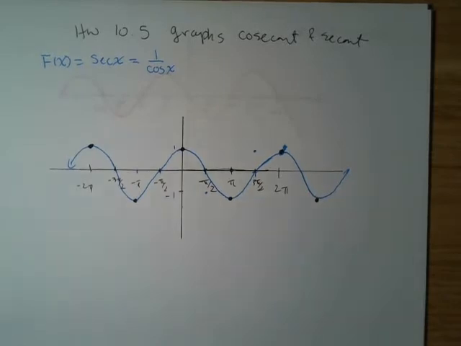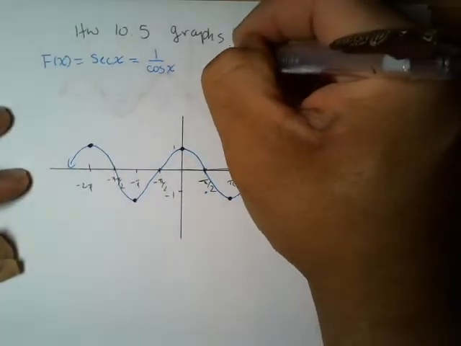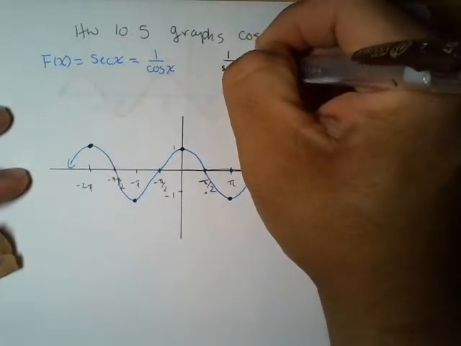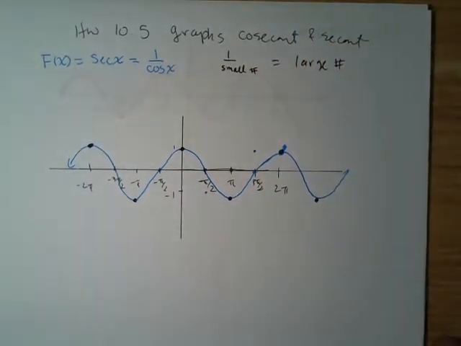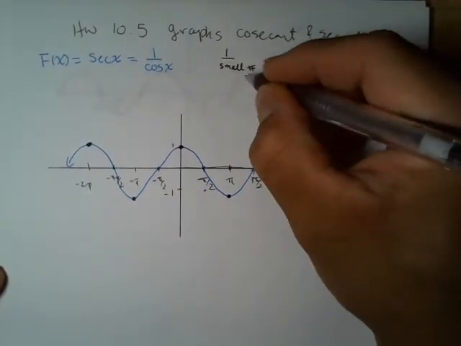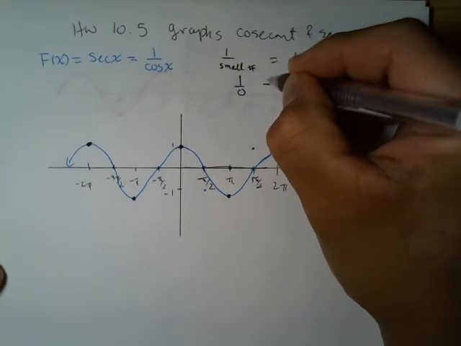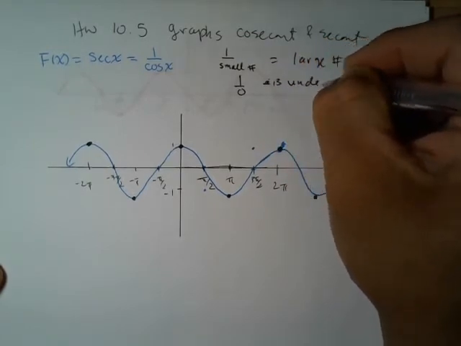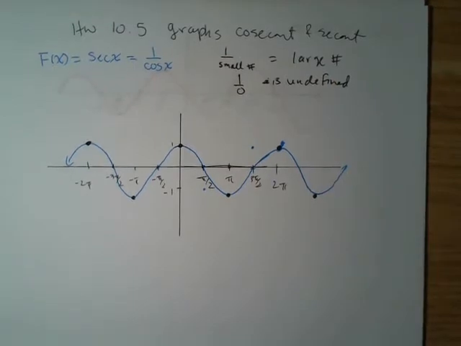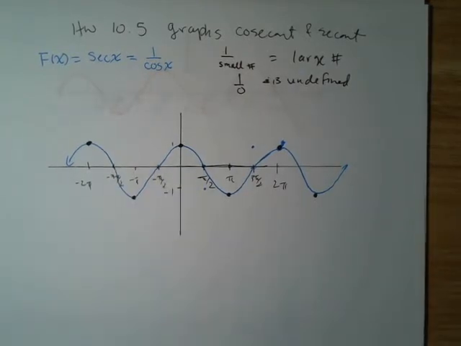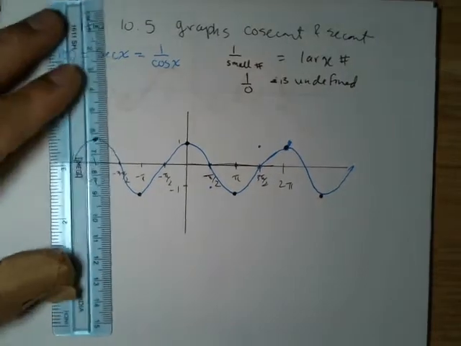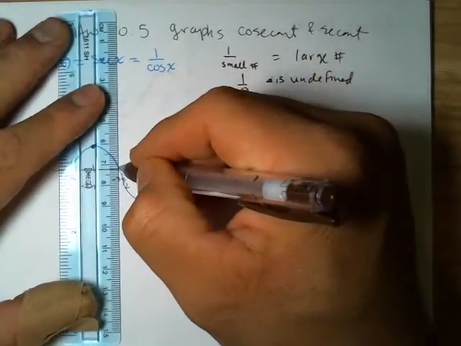Now, when we take the reciprocal, one kind of operation I want you to keep in mind is that 1 over a small number equals a large number. And also the fact that 1 over 0 is undefined. So that means that at these points here, the secant is just going to break. It's undefined. I cannot divide by 0. So right away we start seeing the major difference